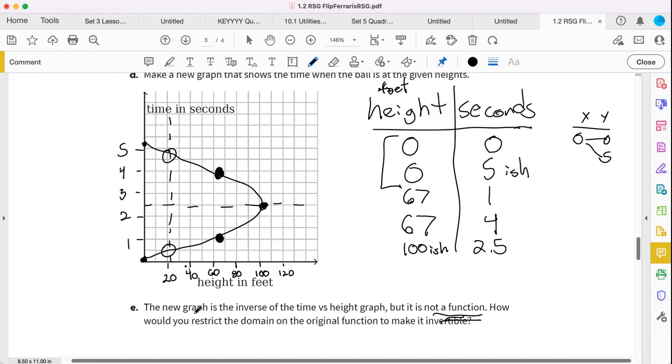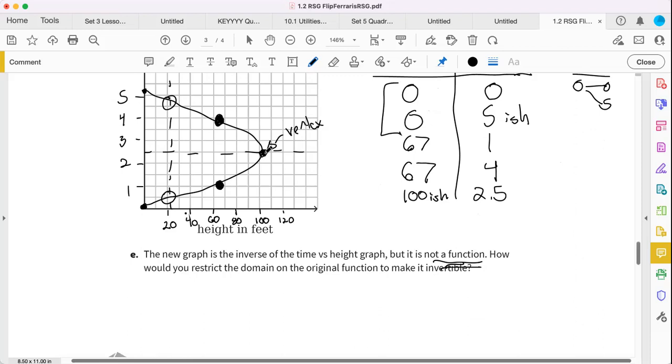That being said, how would you restrict the domain on the original function to make it invertible? Well, we know that the first half would be fair game, and it's after this vertex, even though it's on its side. After the vertex is where it kind of goes to trash, where now we have these other values repeated. So you could restrict this from here to here, from the 0 to the 2.5. That would be legit,